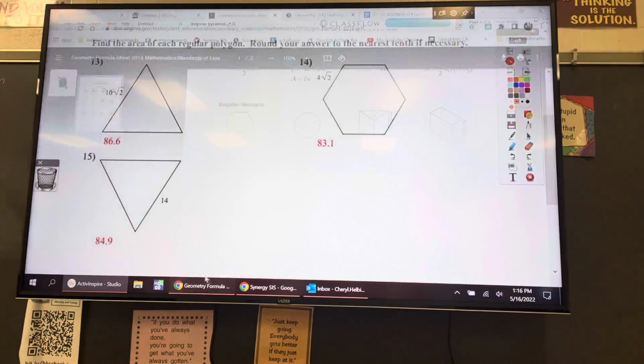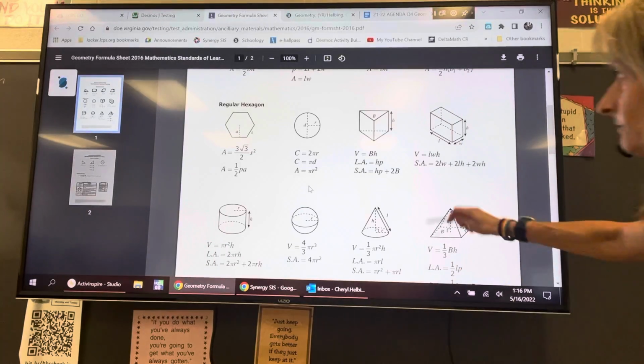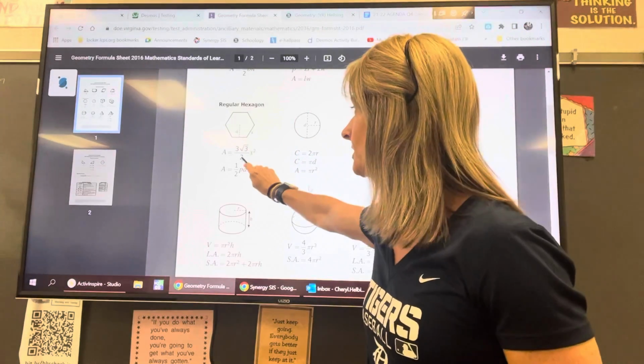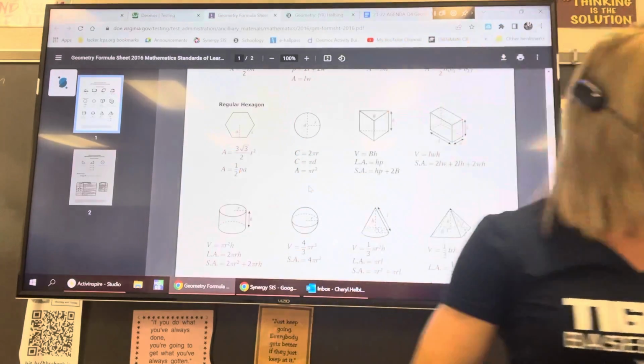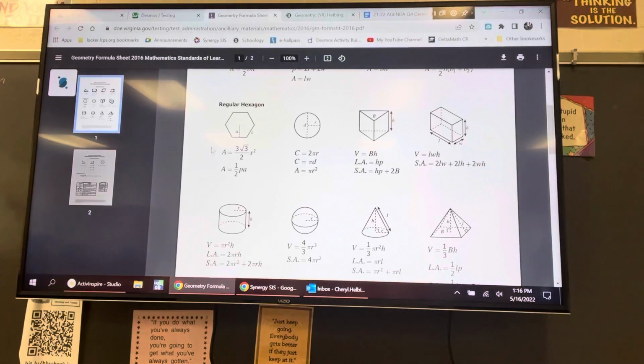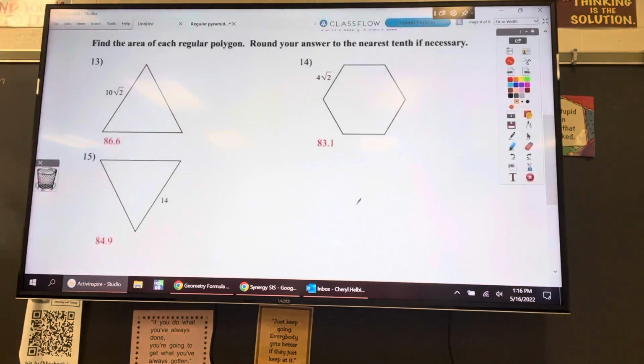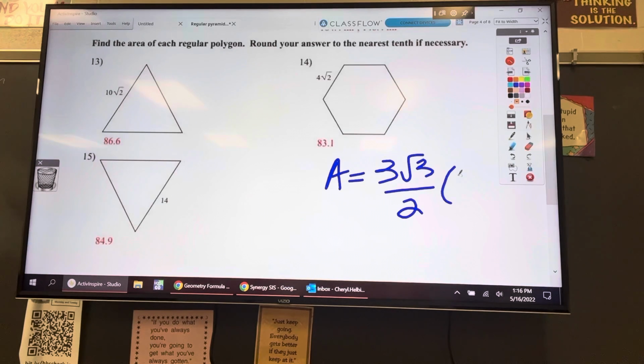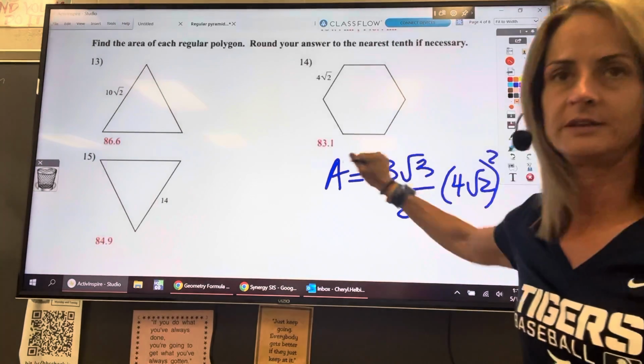Let me throw that back up there. 3 root 3 over 2 times side squared. So we're just going to take that information and put it in the other formula. Area equals 3 root 3 over 2 times the length of the side, which happens to be 4 root 2, that entire quantity squared. Again, you'll throw this in the calculator,